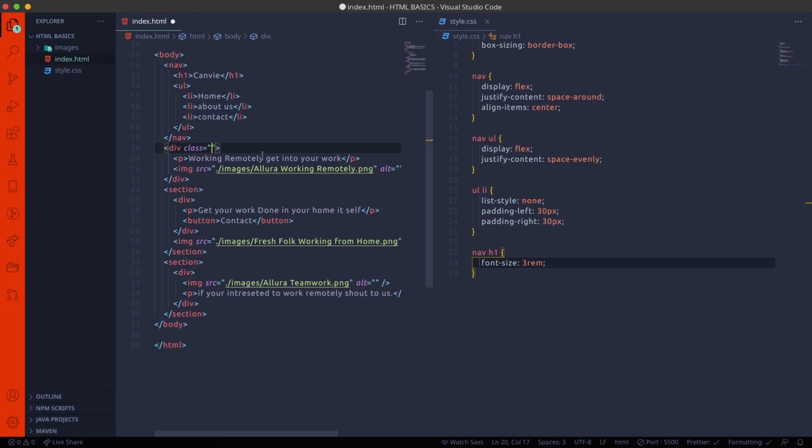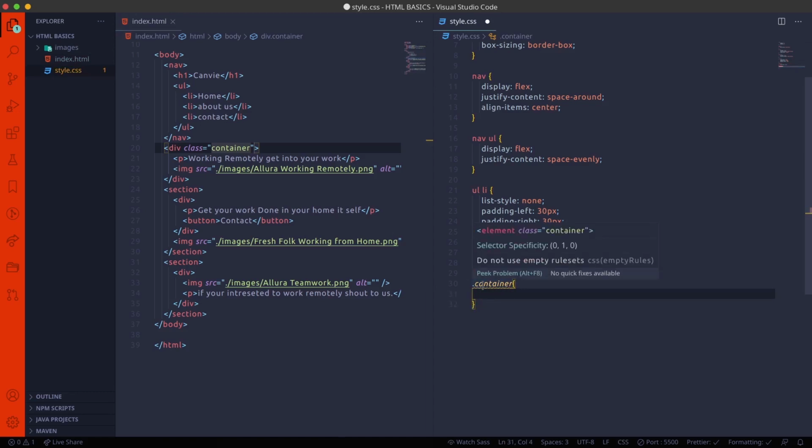Now I'm using the class reference called container. I'm representing the class with a dot and ID with a hash. So here we are representing class with dot notation.